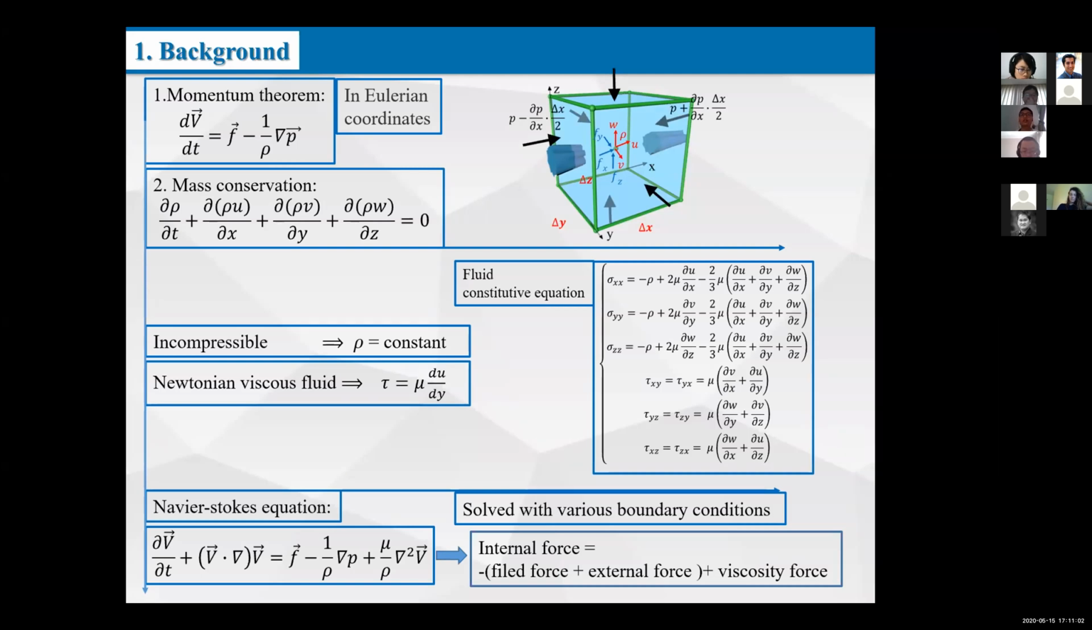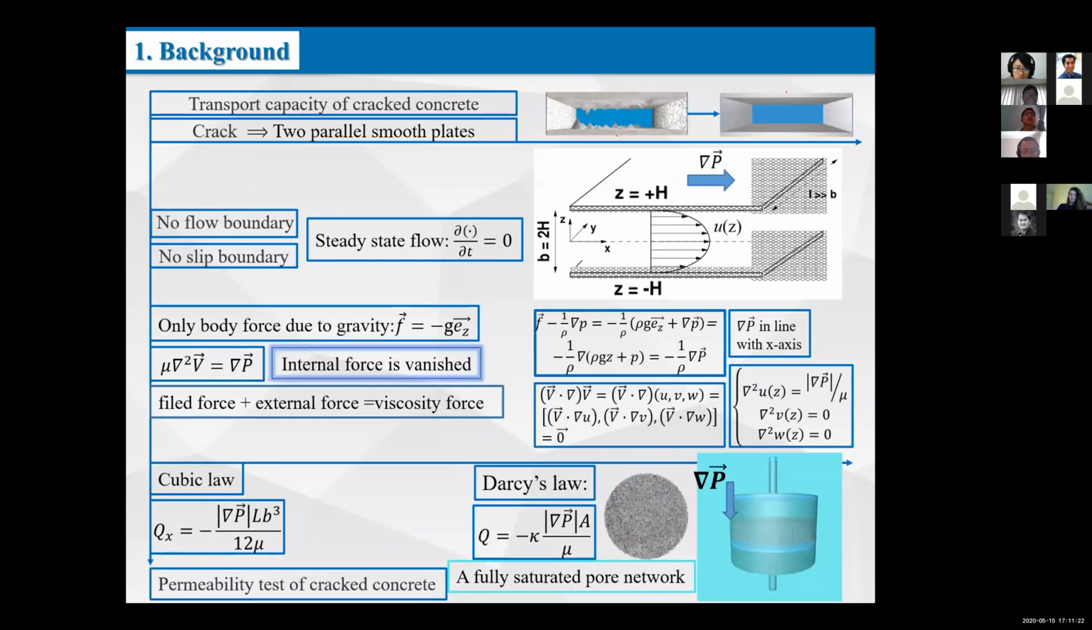Then we will, with some special conditions, in the general form of the Navier-Stokes equation, there will be internal force, field force, external force, and the viscosity force. We always assume the crack into 2 parallel smooth plate, and then we with no flow boundary and no slip boundary, the steady state water flow through the crack, and then we could get the